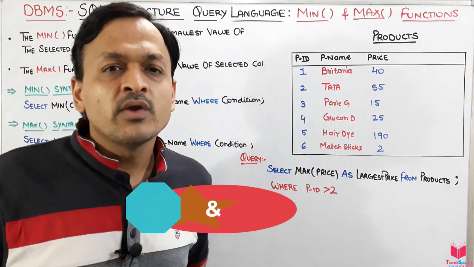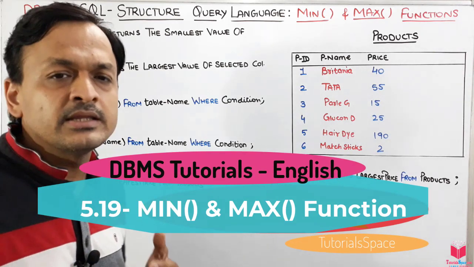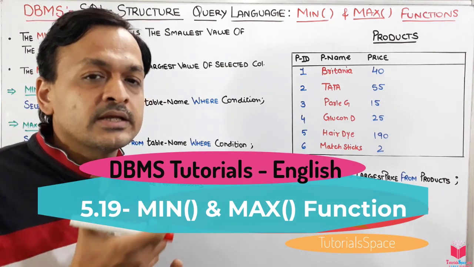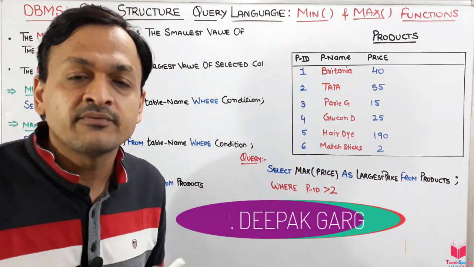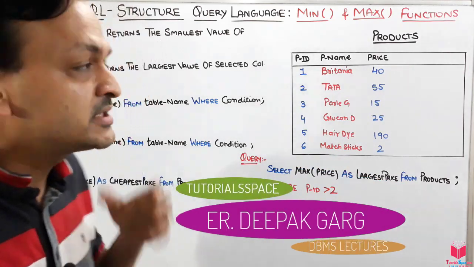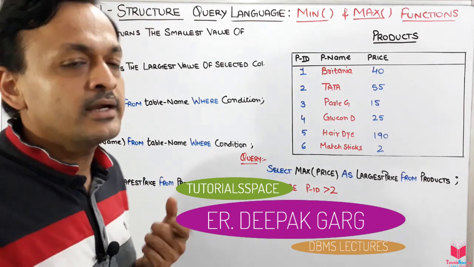Hello guys, today we are going to discuss the min and the max function. Functions are known as the aggregate functions in SQL queries. In your syllabus, you will see that it is written as aggregate function, and the specific functions are not mentioned there. Lots of functions come under this, so we will only discuss the min and the max function today.